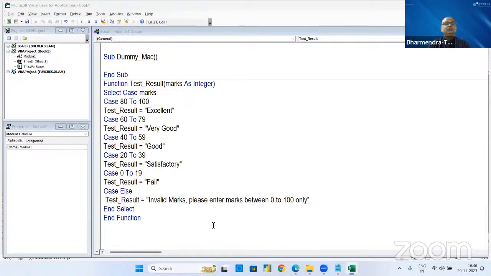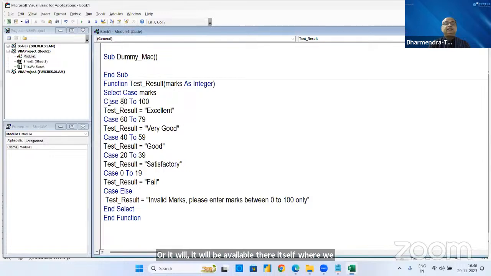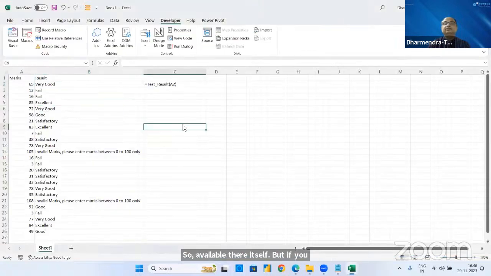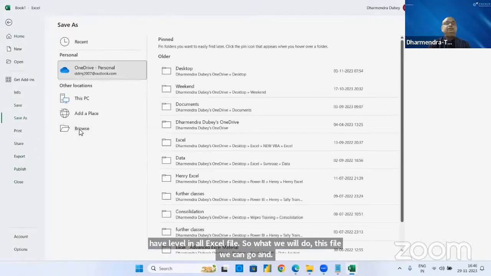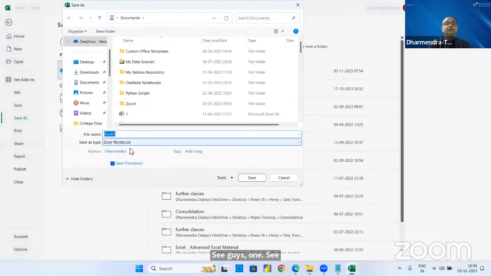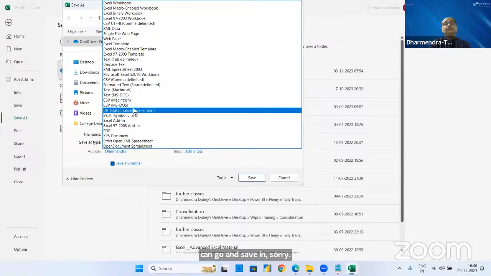It's a very good question you're asking, ma'am. Will a user-defined function be available for all Excel files, or only where we have created it? See, here we have created it in this file, so it will be available there itself. But if you want it to be available in all Excel files, what we will do is go and save this file as, instead of XLSM format,